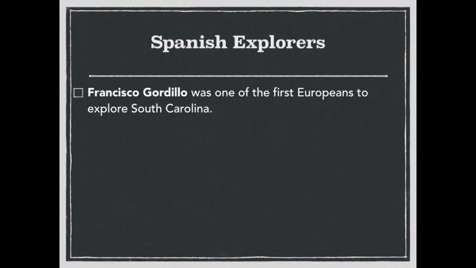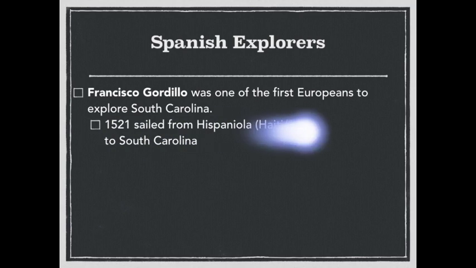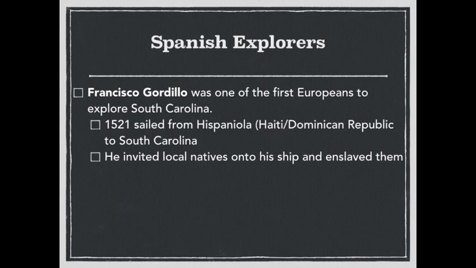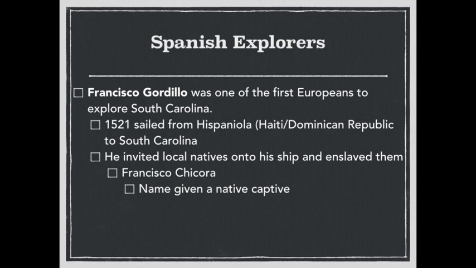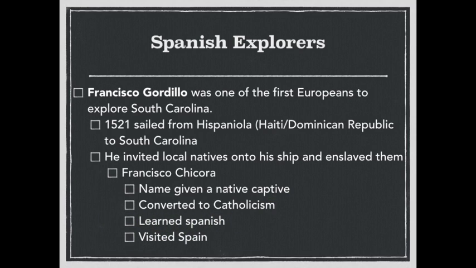Spanish explorers. Francisco Gordillo was one of the first Europeans to explore South Carolina. In 1521, he sailed from Hispaniola, or Haiti and Dominican Republic, to South Carolina. He invited natives on his ship, and he enslaved them. One was Francisco Chicora. That was a name given to a native captive who converted to Catholicism, learned to speak Spanish, and he actually visited Spain,